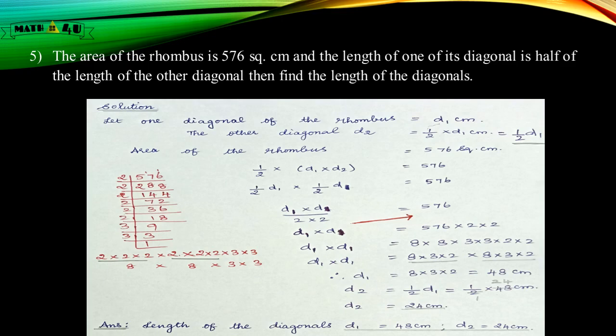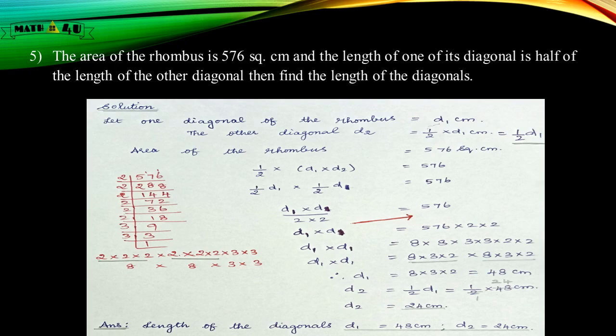Let one diagonal of the rhombus be equal to d1 centimeter. The other diagonal d2 is equal to half of the first diagonal. It is nothing but 1 by 2 into d1, that is equal to half d1. Area of the rhombus is equal to 576 square centimeter. Half into d1 into d2 is equal to 576. Half d1 into half d1, because d2 is equal to 1 by 2 d1,